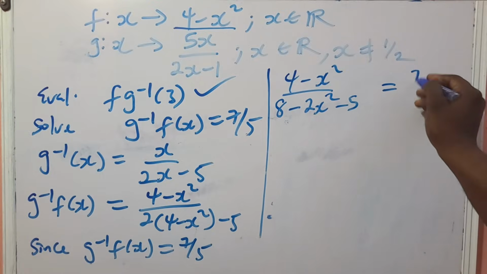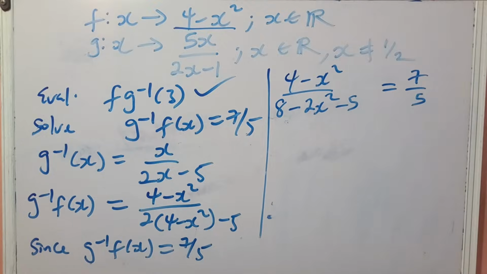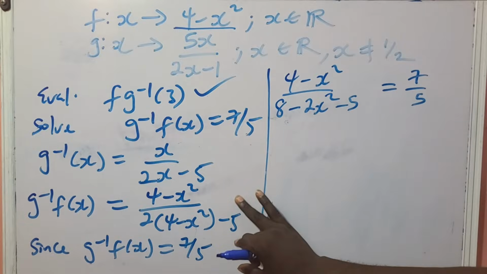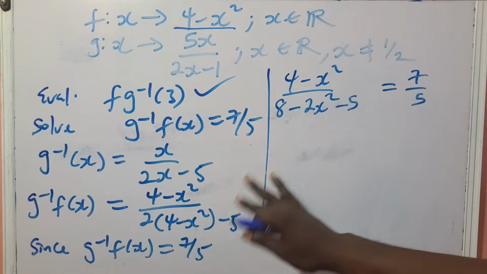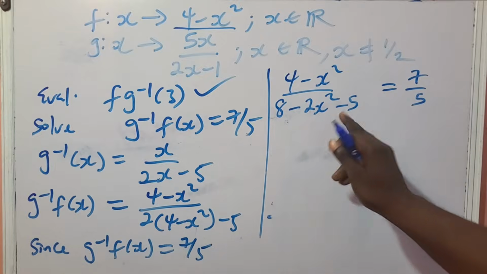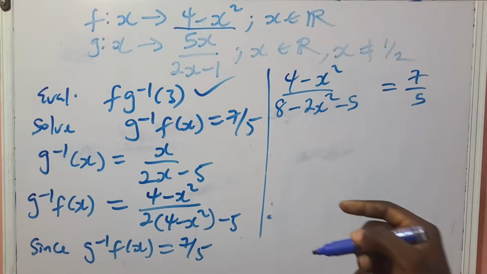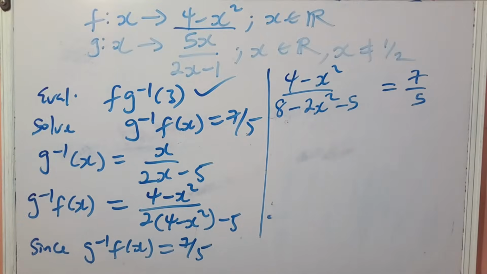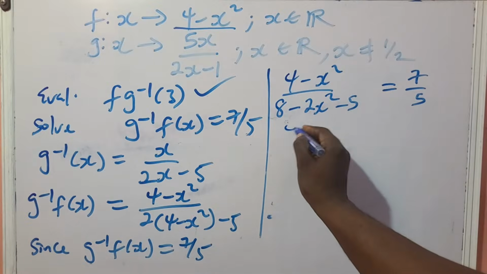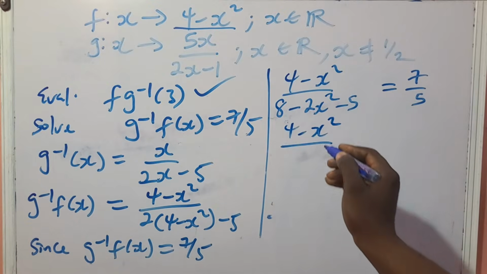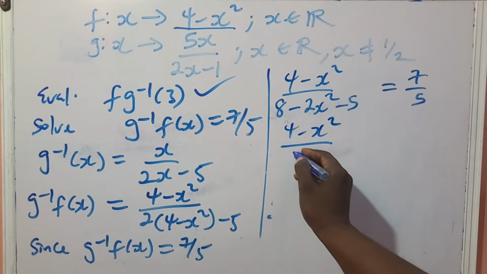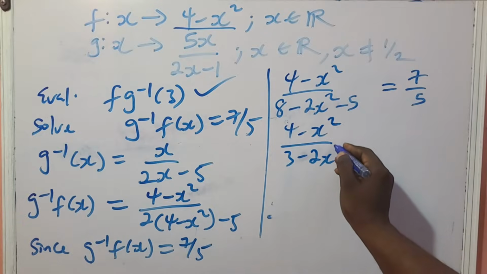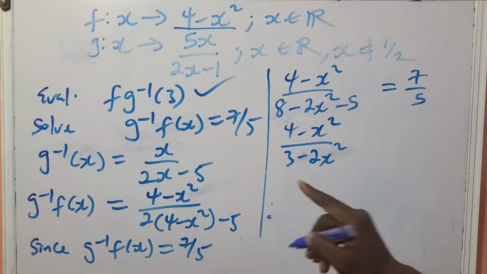So this is equal to 7/5. Step by step, you will not go wrong. Step by step, you can't go wrong. So just follow through and ensure you are following what I'm doing. This is basically the composite function we have here. I just opened my denominator to get this. So 8 minus 5 is obviously going to give you 3. So you can make that smaller. So you have 4 minus x squared over 3 minus 2x squared, because 8 minus 5 is 3, will be equal to